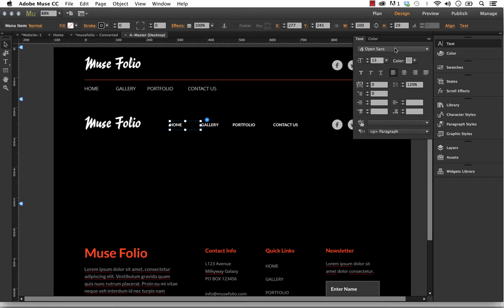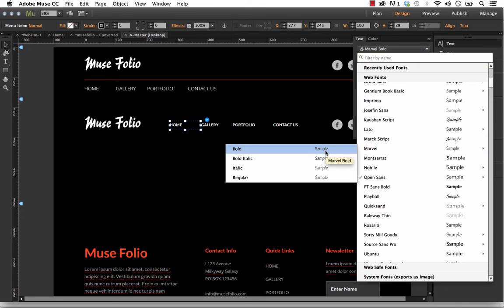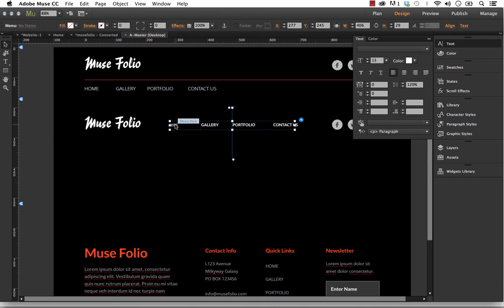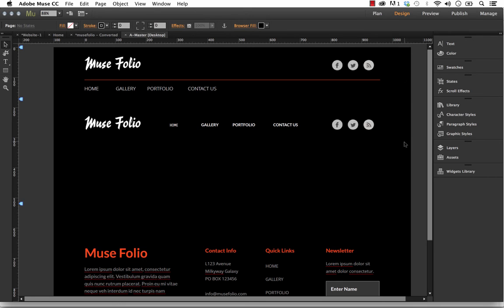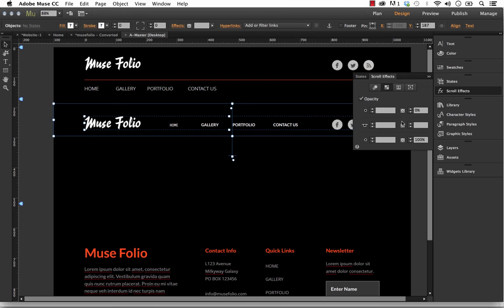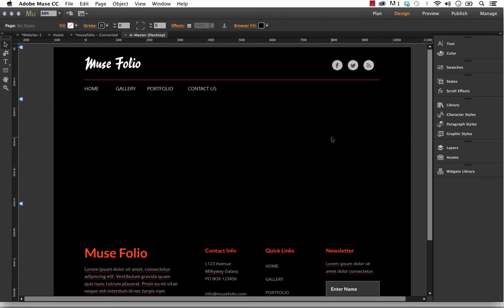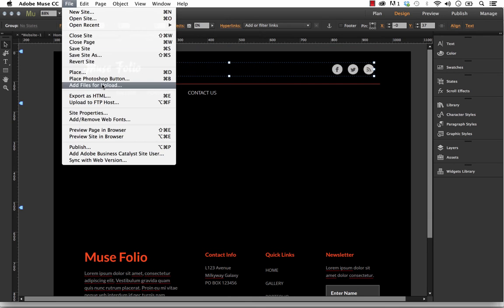You could click on an item, change the text style, of course. Let's just change it real quick to something different. Okay, so now that that one's changed, of course it looks odd, but we won't worry about that for the purpose of this demo. Let's go ahead and select this all again. Go to scroll effects. Actually, sorry, we need to select just this group, not that back box. And once the group's selected, let's just click 0 on the key position so it's hidden again. And we need to move this all back up into place. So we'll move the box up first, and then now the group, grab that and move that up as well. There. So now when we preview the page in the browser,